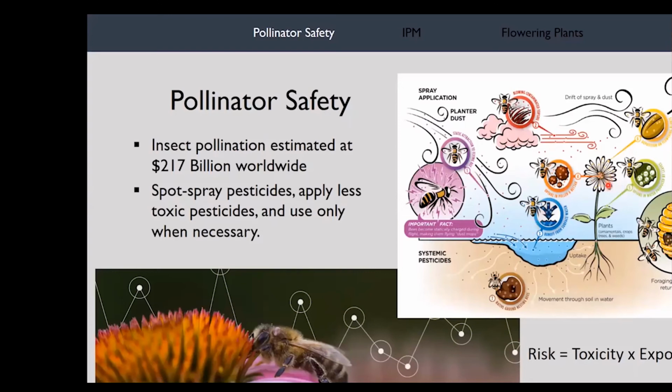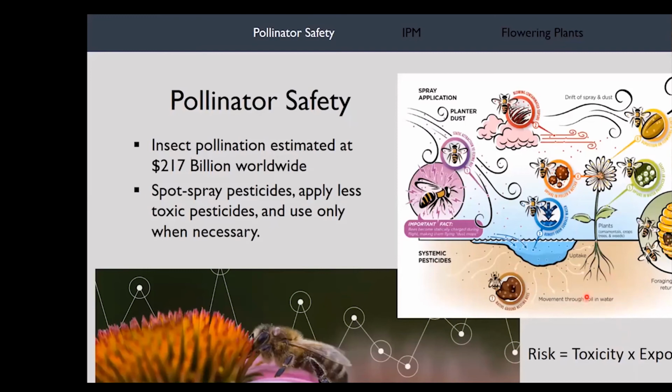Uptake in pollen and nectar. There could be insecticide residue on that plant there. So when that insect is foraging and actually pollinating that flower, it could be taking up the insecticide that way. Even native ground bees could be taking it through the soil. I love this image in that it shows just about every way that a pollinator could take up this insecticide. And if we can limit that exposure, we're doing the best that we can to protect our gardens and the